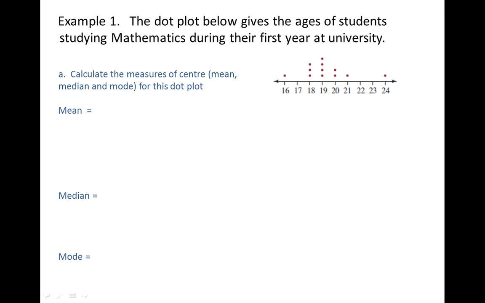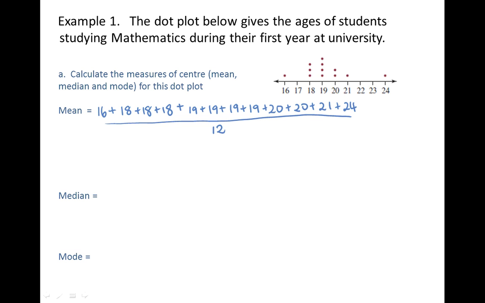Now firstly, we know that the mean is the average of all of these values, and from this dot plot over here we can see that we have values such as 16 and then moving right we have no 17s, we have 18s, etc. I'm going to keep filling this out,